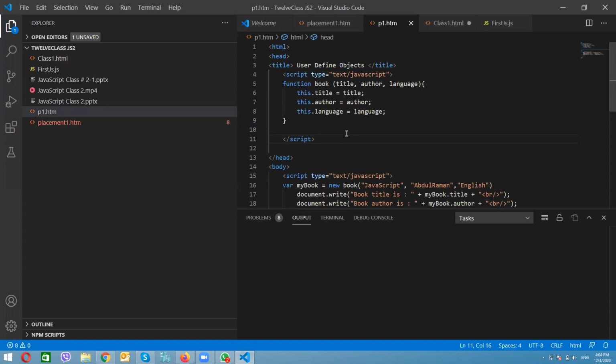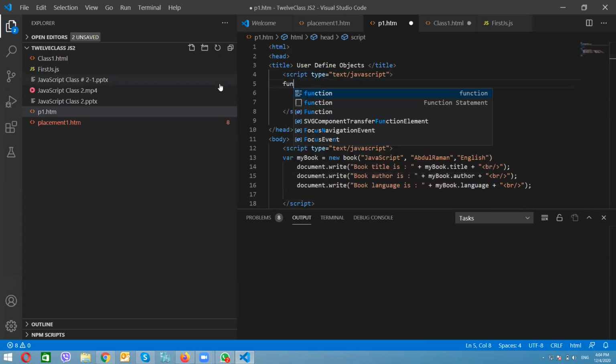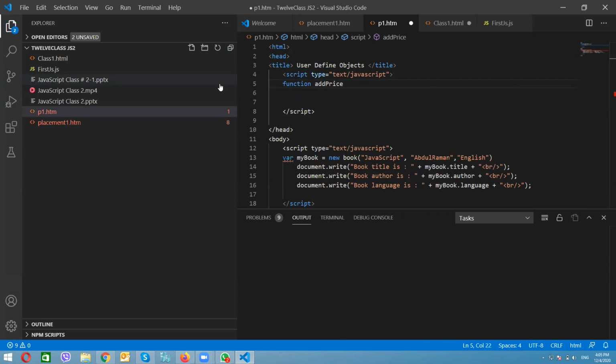I'm going to write one function with the name addPrice.